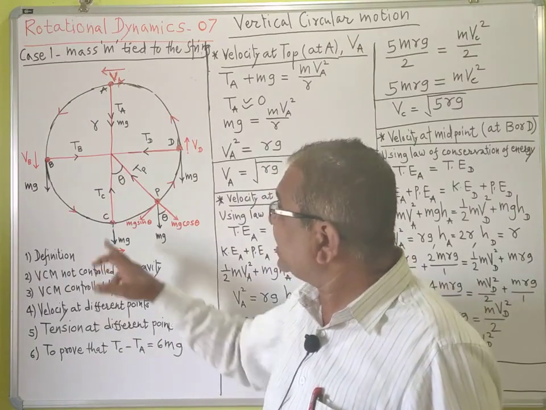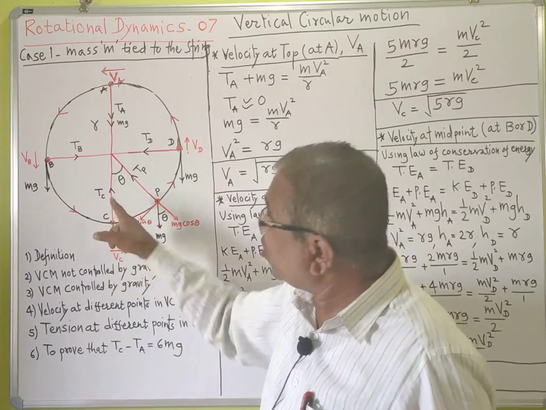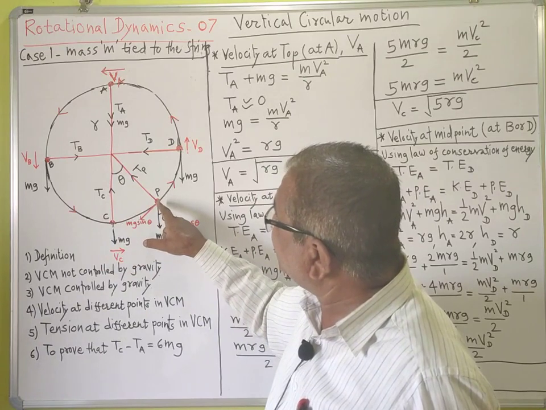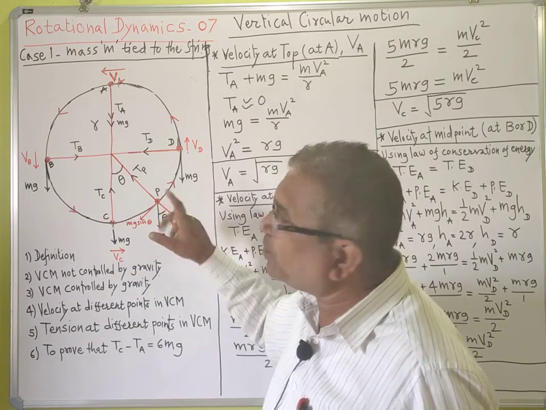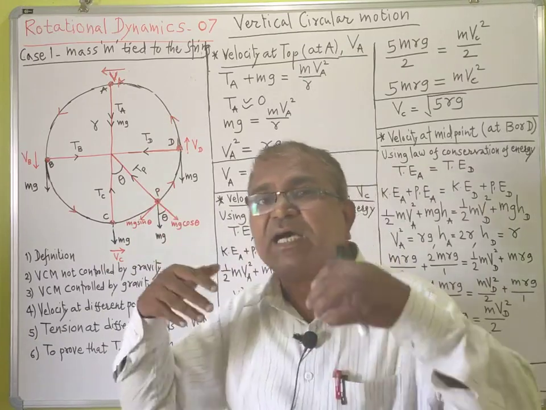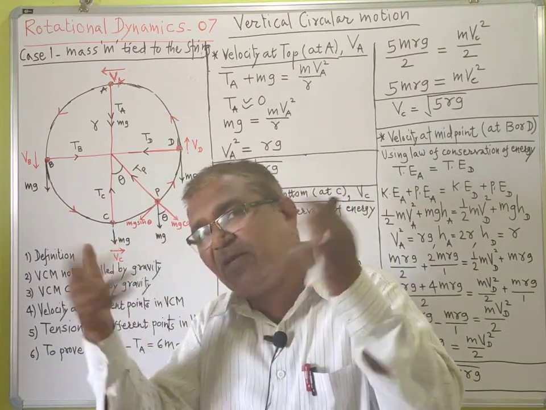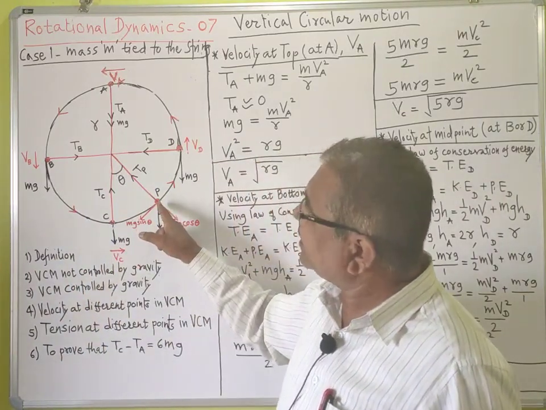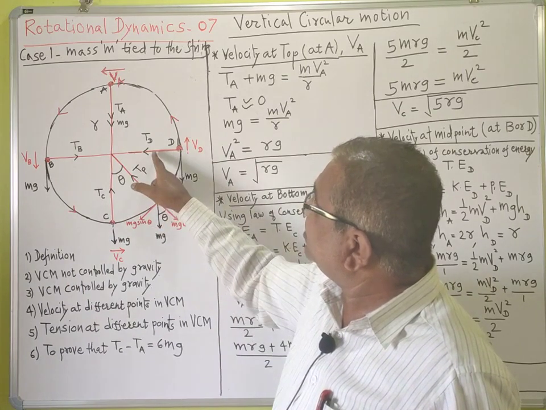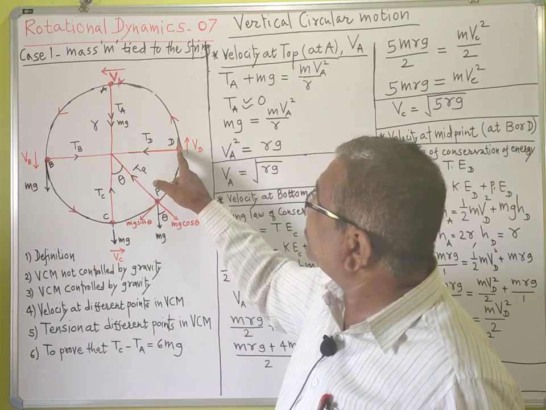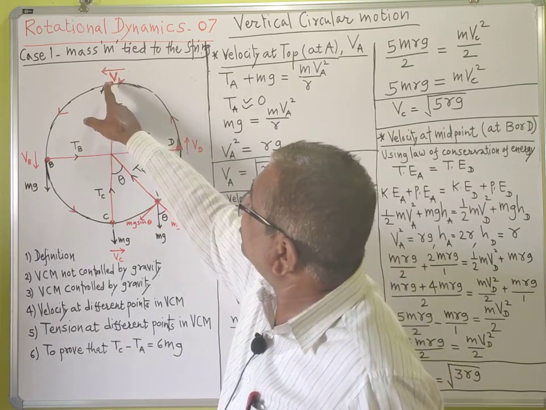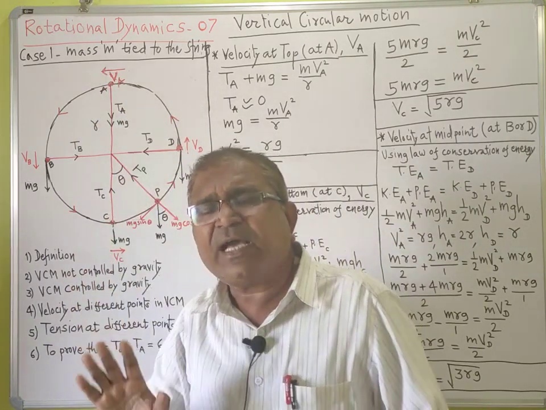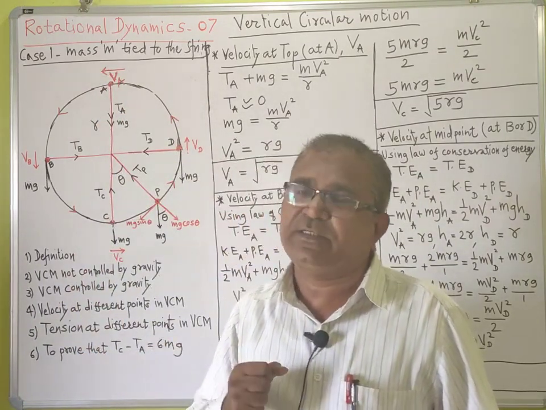So what is the tension at C point? What is the tension on the string when the particle is at C point? What is the tension on the string when the particle is at P point? That P point is called as arbitrary point. So it may be anywhere on the circumference of a circle. Such a point is called as arbitrary point. What is the tension on the string when the particle is at midpoint? What is the tension on the string when the particle is at A point? That now we have to calculate.